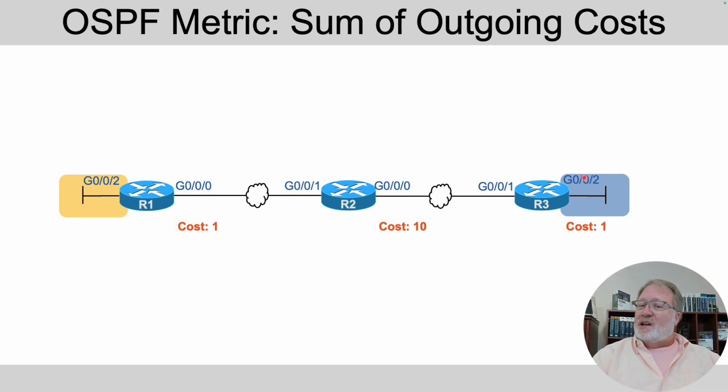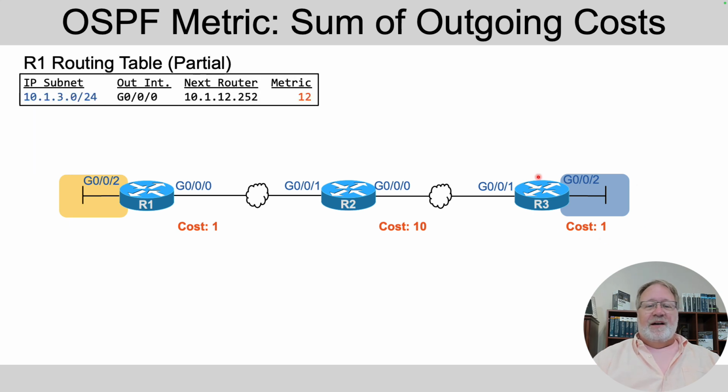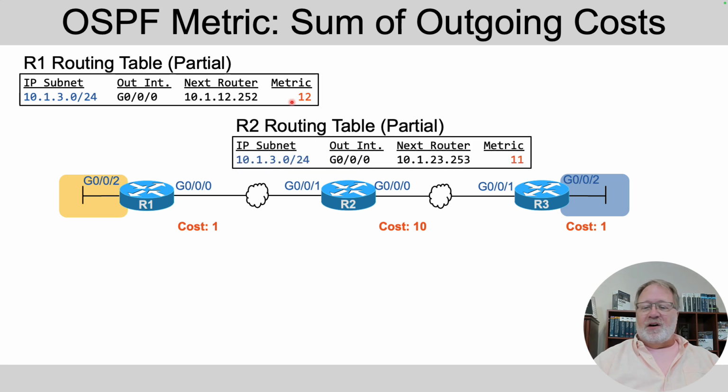So if this was the only available OSPF route from R1 to subnet 3, that's the route that would appear in R1's routing table with metric 12. And similarly, R2 would calculate, hey, cost 10 plus cost 1 in that route for a metric or cost of 11. And then R3's route to that same subnet, it's a connected route, so it would not have any cost associated with it. All right, so that's a simple case and a simple calculation with no redundancy,